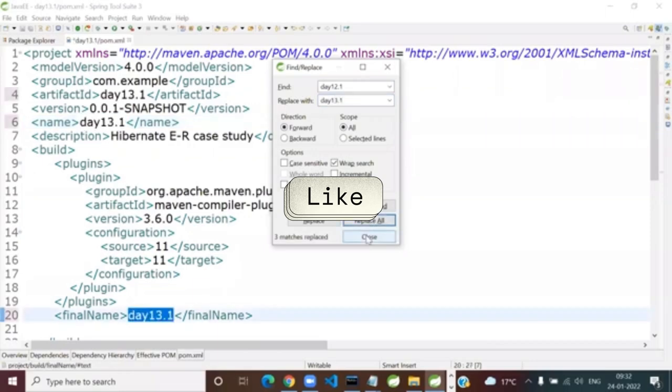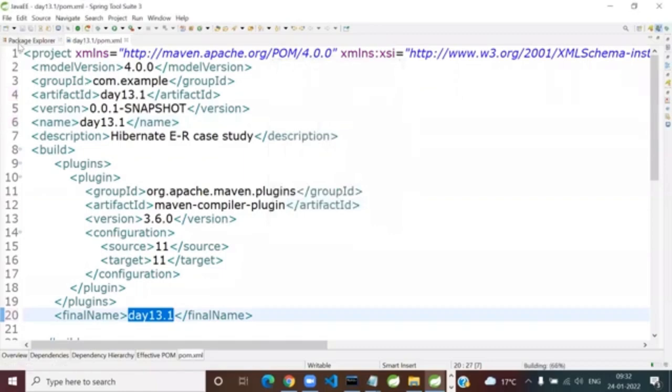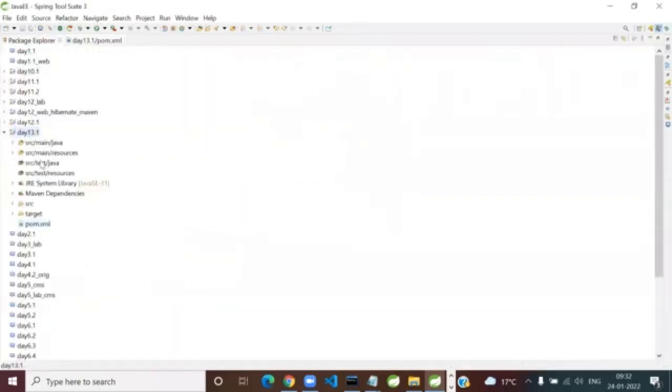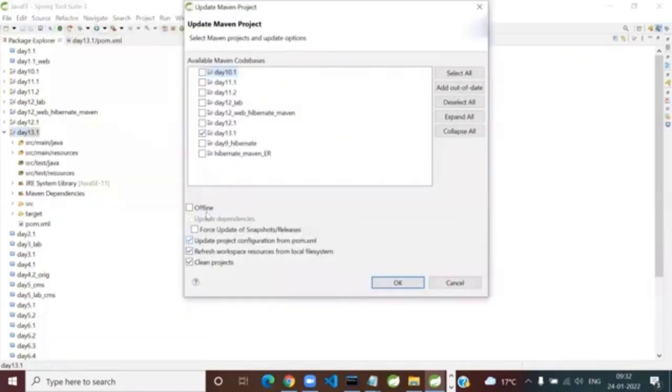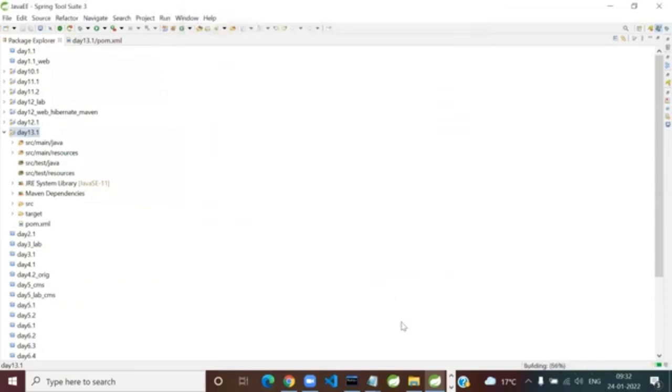Replace all. Save. Force update. Right click Maven. Update project. Force update. Okay, then. Tell me when you are done. Done? Okay.